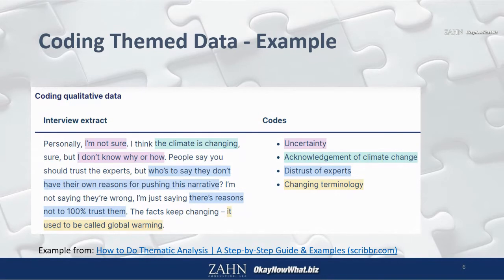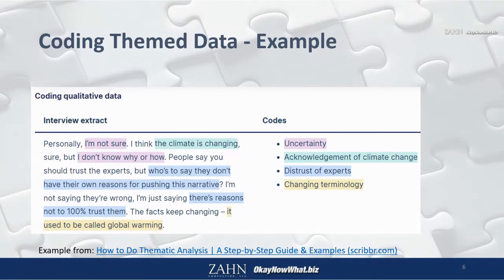So the purples are times when someone expressed a level of uncertainty. The light green is when they expressed some kind of alignment or agreement with the topic. In this particular example that we're using here, it refers to climate change. The light purple color refers to this individual's belief in experts to provide real or truth kinds of assessments or